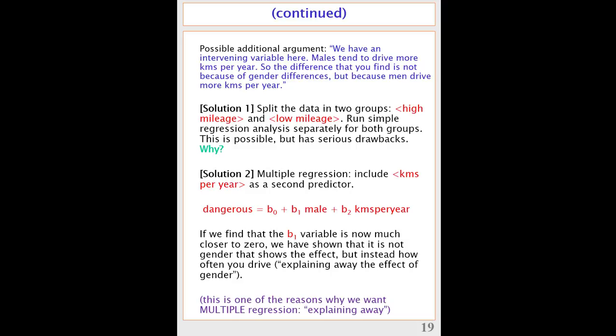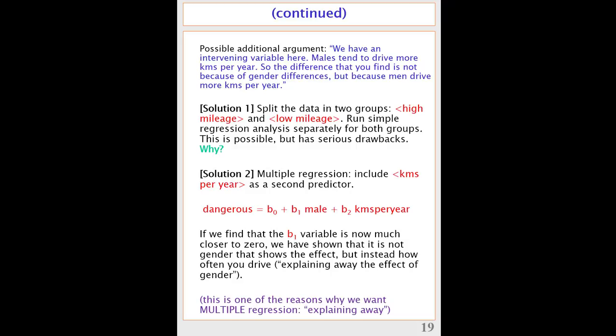But it doesn't help in the sense that if you have more arguments, more predictor variables, then you run out of data pretty fast. And you have to repeat all your analysis a gazillion times for each and every one of these small subsamples you have created. This is also why this second solution, multiple regression, is strong in that sense, because the only thing you need to do in fact here is add that variable as an extra predictor variable to the model,